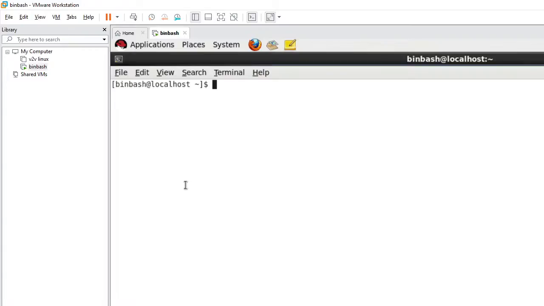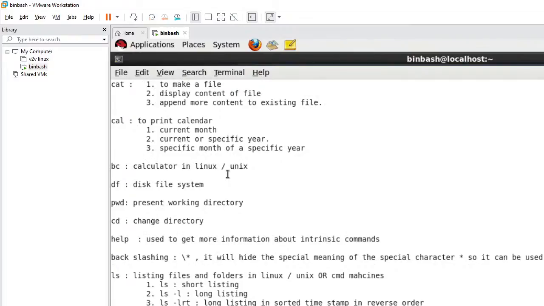So I'm just typing these commands on a Linux machine. But how can I cross-check if this is really a Linux machine or a Unix machine or Kali Linux or something like that? There is one command which will give you that info: uname. If you type uname, it will give you the OS name. See, Linux. If it is Unix, it will give you Unix. If it is AIX or HP-UX, Solaris, it will give that name as output. So uname gives the OS name,